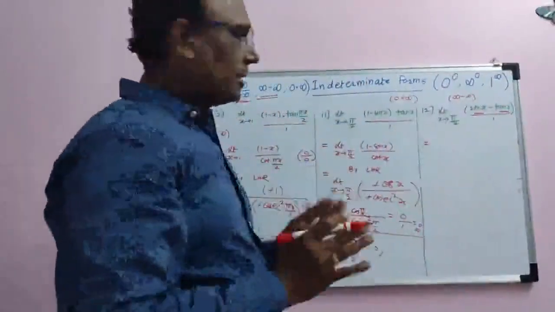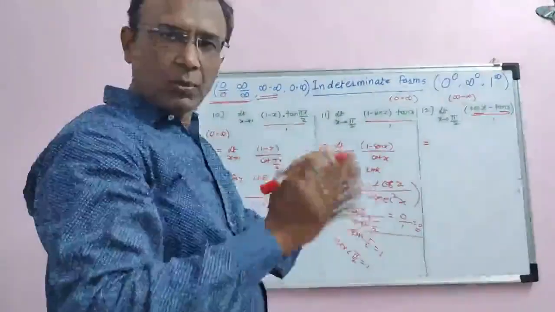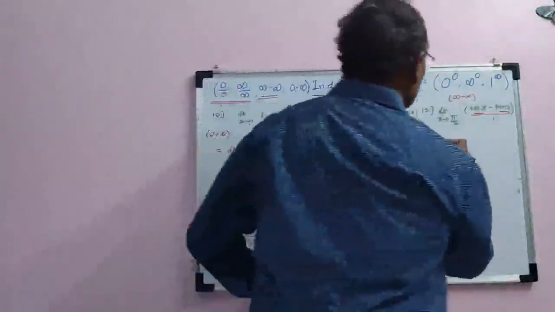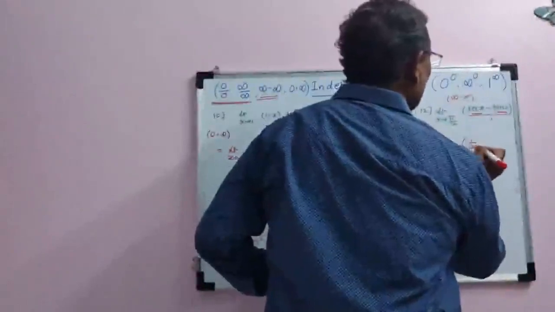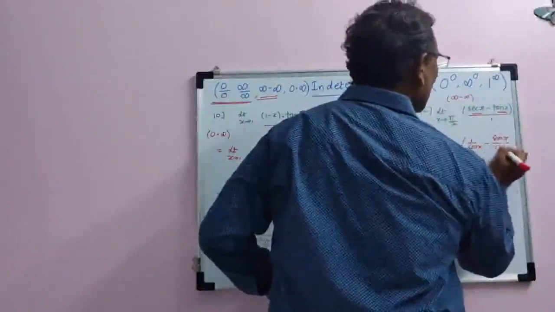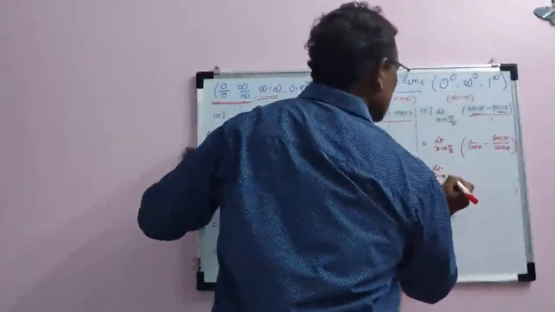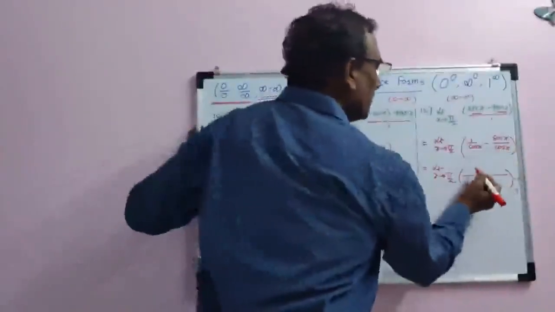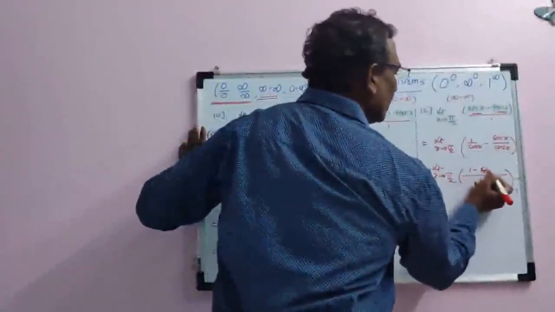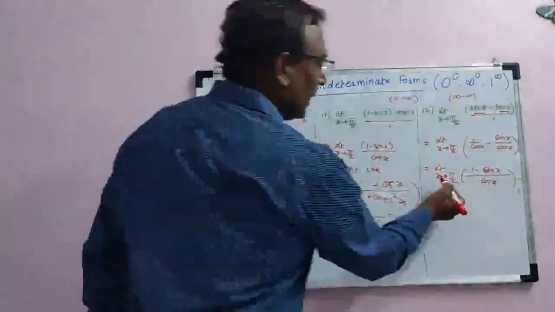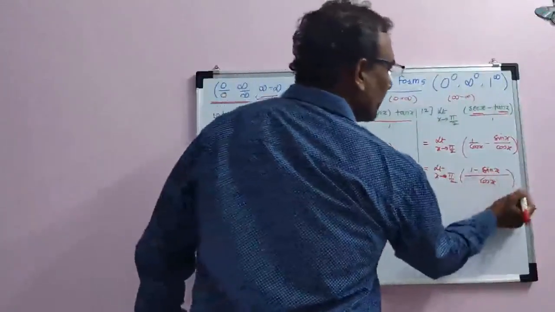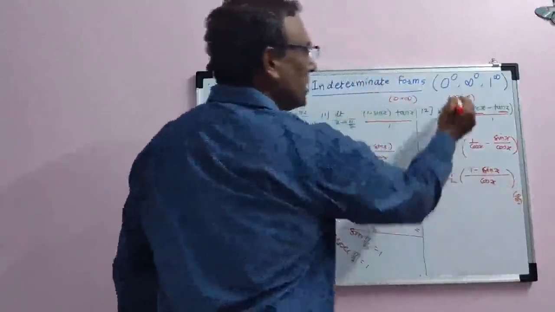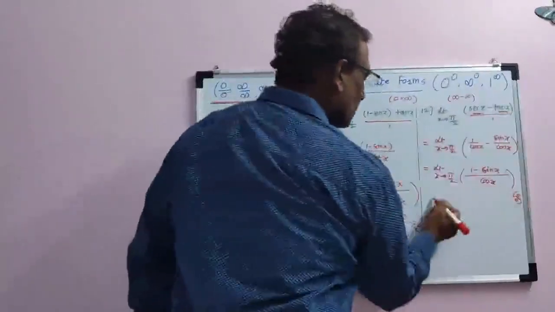In infinity minus infinity form, you just create numerator by denominator situation, for limit x tends to pi by 2. You try to solve for one more step. Sec is 1 by cos, this is sin by cos, tan. Now take LCM, cos x is the LCM, denominator is LCM, therefore we have to subtract the numerator like that. Now this you can easily solve. Put x equal to pi by 2, cos pi by 2 is 0, sin pi by 2 is 1, means 0 by 0 form here. Means infinity minus infinity we have converted into 0 by 0 form.